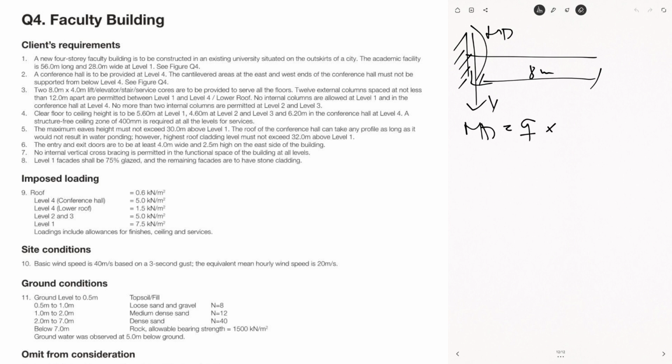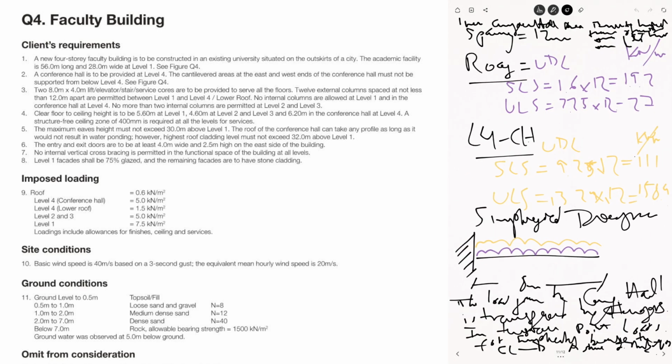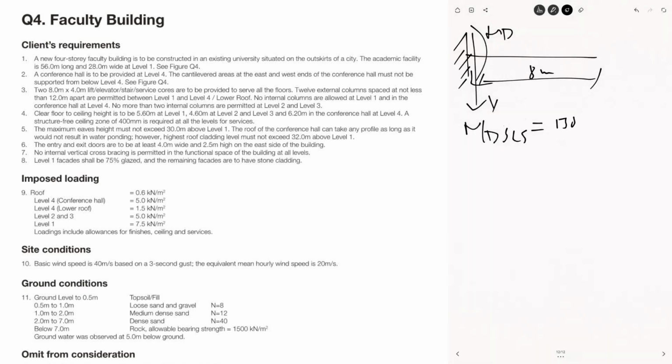MD for SLS and the design moment ULS. For SLS, it's going to be 158.4 plus 19.2 times 8 meters squared divided by 2, I think, right? So this times the length and then divided by 2, yes. And that's equal to,